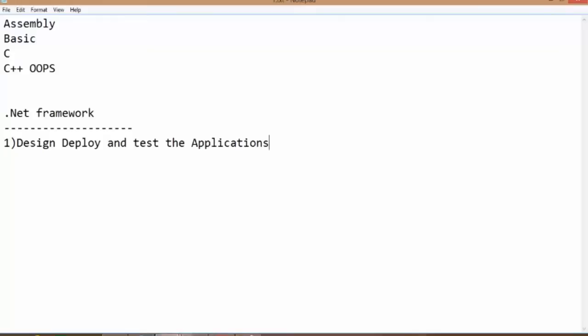We can design, deploy and test the application on the same platform, the same framework. The second thing is that there are some coders that need to interact with multiple applications.